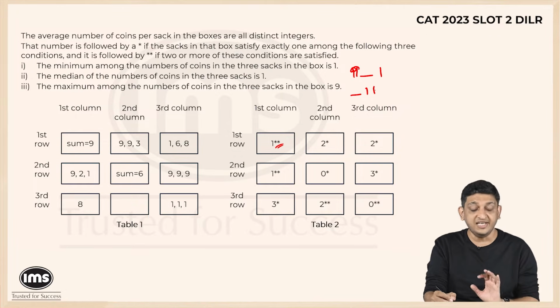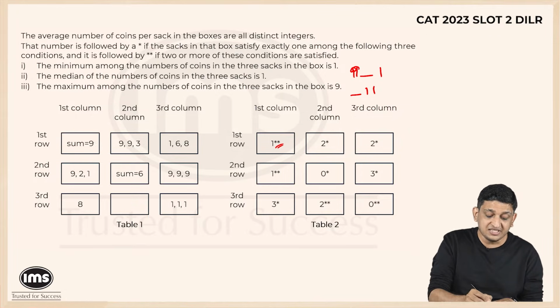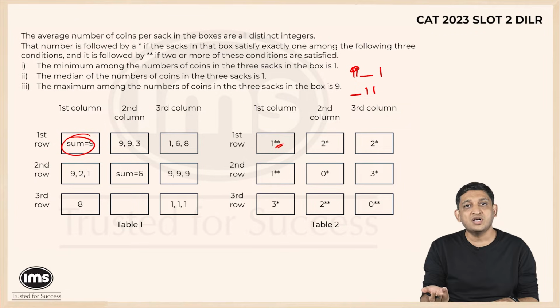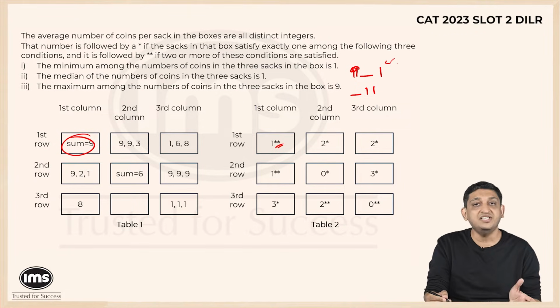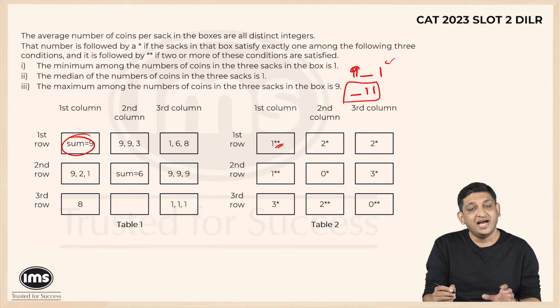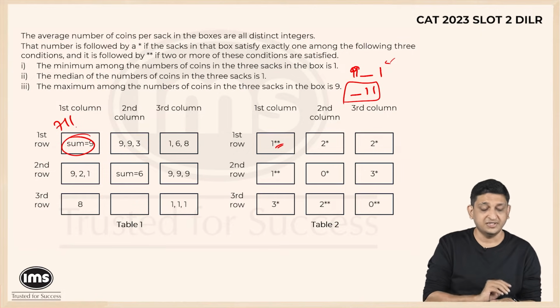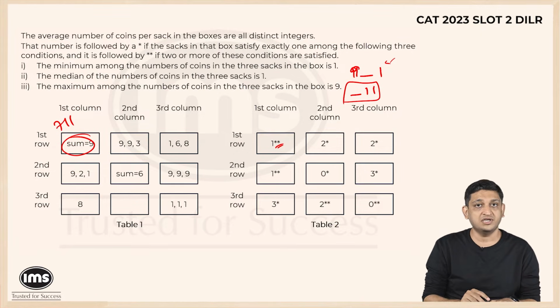So either of these 2 are there. Now if it is 9-1 and the sum is 9, it is definitely not going to work because the sum becomes at least 10 here. So that is not going to work. So it has to be in this -1-1 format. And we know for sure that if it is in the form of -1-1, it has to be 7-1-1. So that is what we know in this particular context.